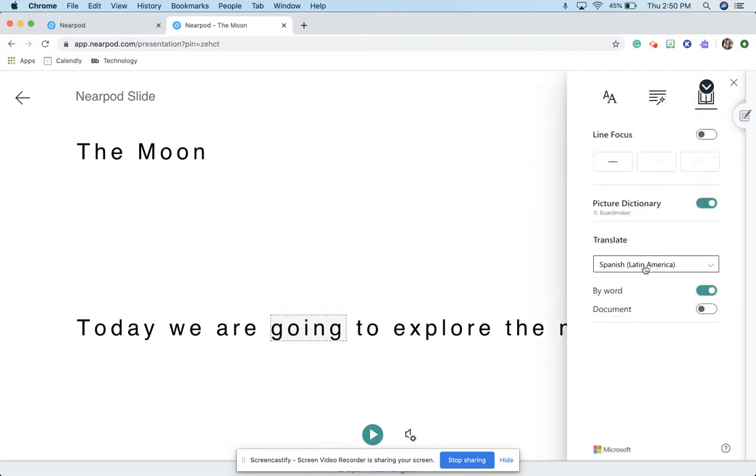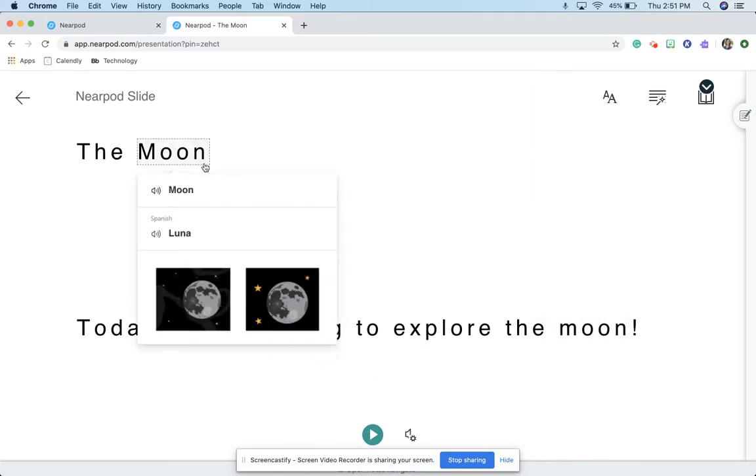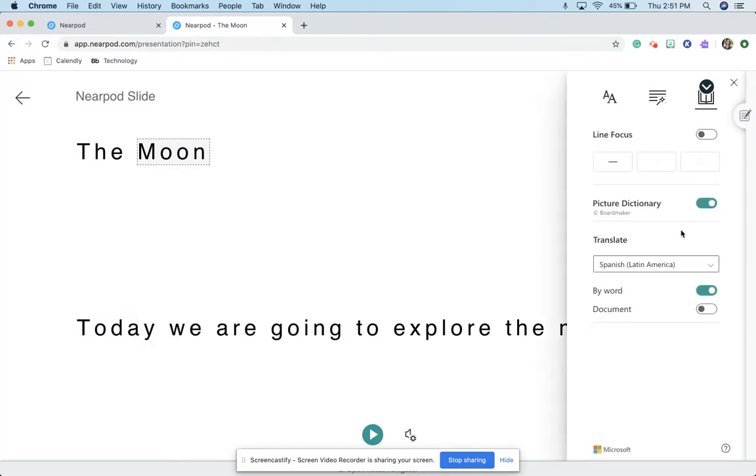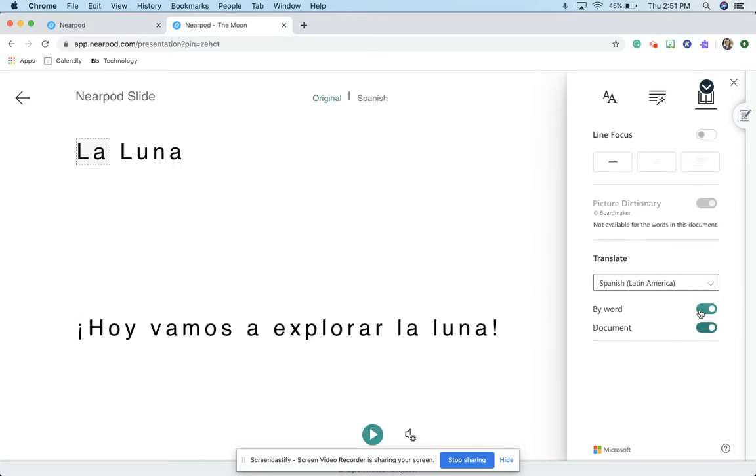And they also can translate it into a different language. So right now I have the Spanish Latin American language. And so you saw when I clicked the word moon, the Spanish word is below it and the pictures. Now, if they want to go even further into their own language, we can have it translate the entire page into their language and it will read in